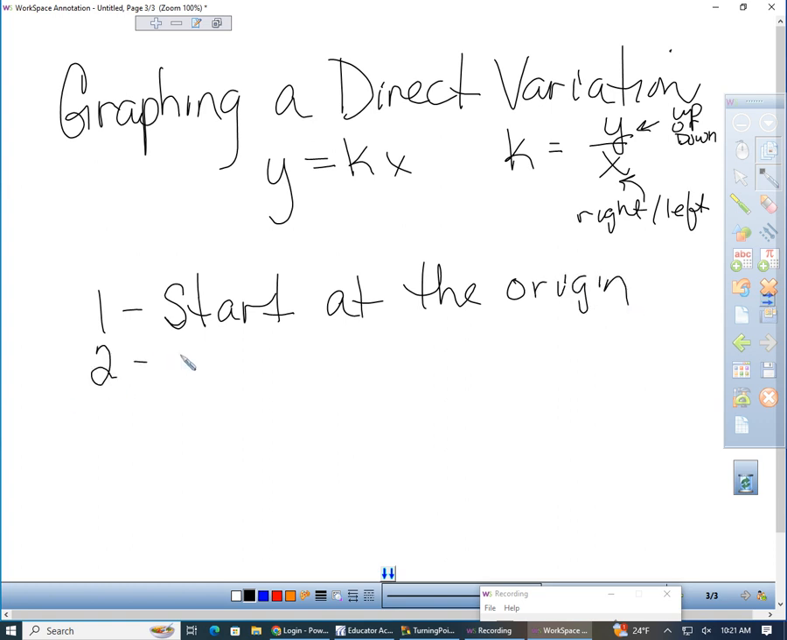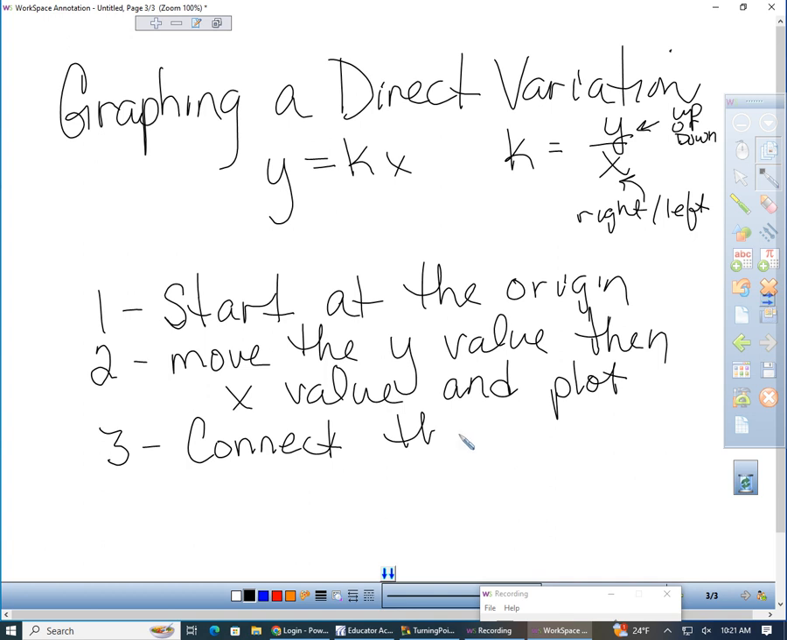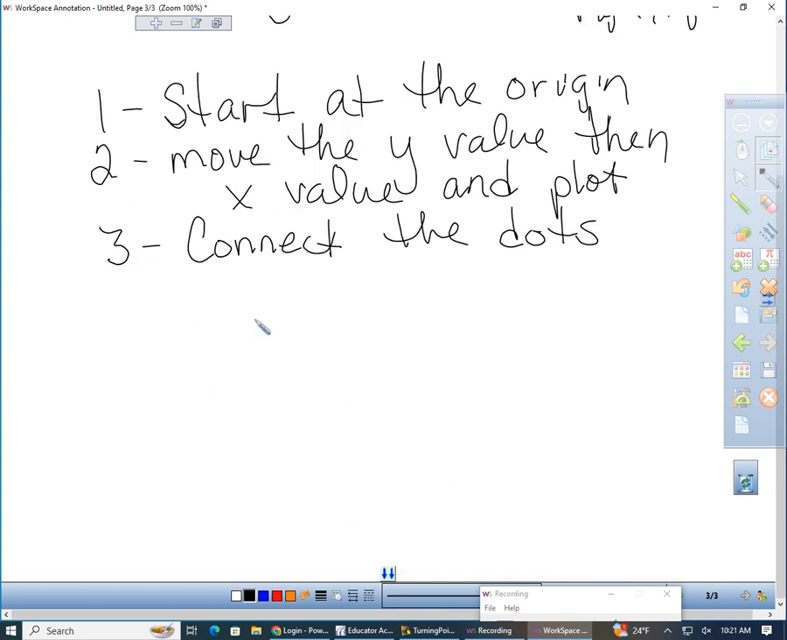Step 2, move the y value, then the x value, and plot, or put a dot. Step 3, connect the dots. Easy as that. So, let's say I have y equals 2/3